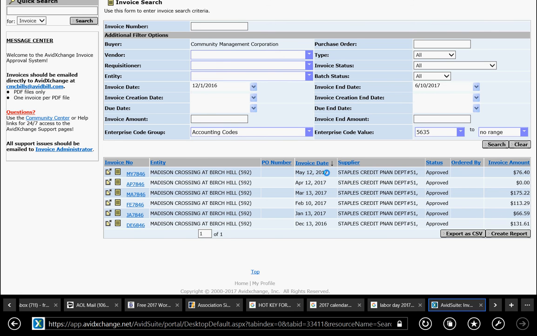I think this is enough to show you how to search by general ledger account number. I'm going to sign off at this point, and hopefully